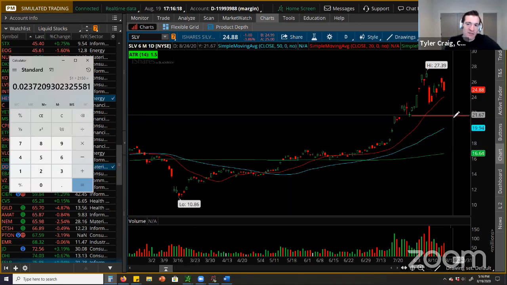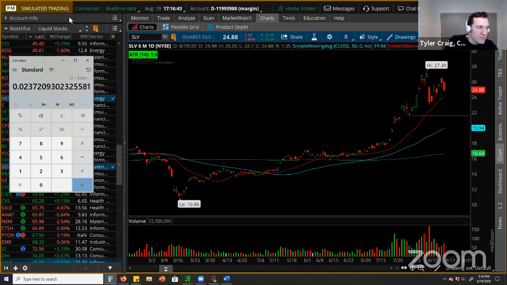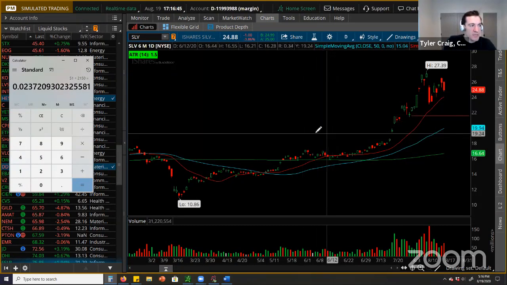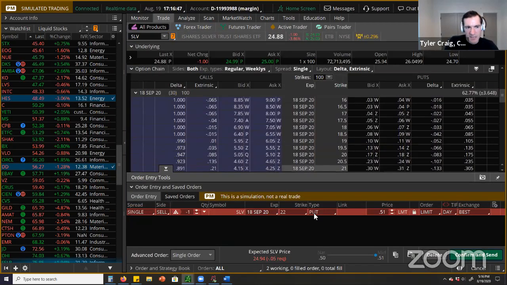So see, if I were to sell this put and have to tie up 100% of the max risk, it wouldn't be as attractive of a trade. And that is what you have to do if you're in a retirement account. It's not really a naked put, it's considered a cash secured short put if you do this in an IRA account. You can still do it. 2.4% is not terrible over a month, but it's going to be much, much more attractive in a margin account. So if I hit confirm and send,